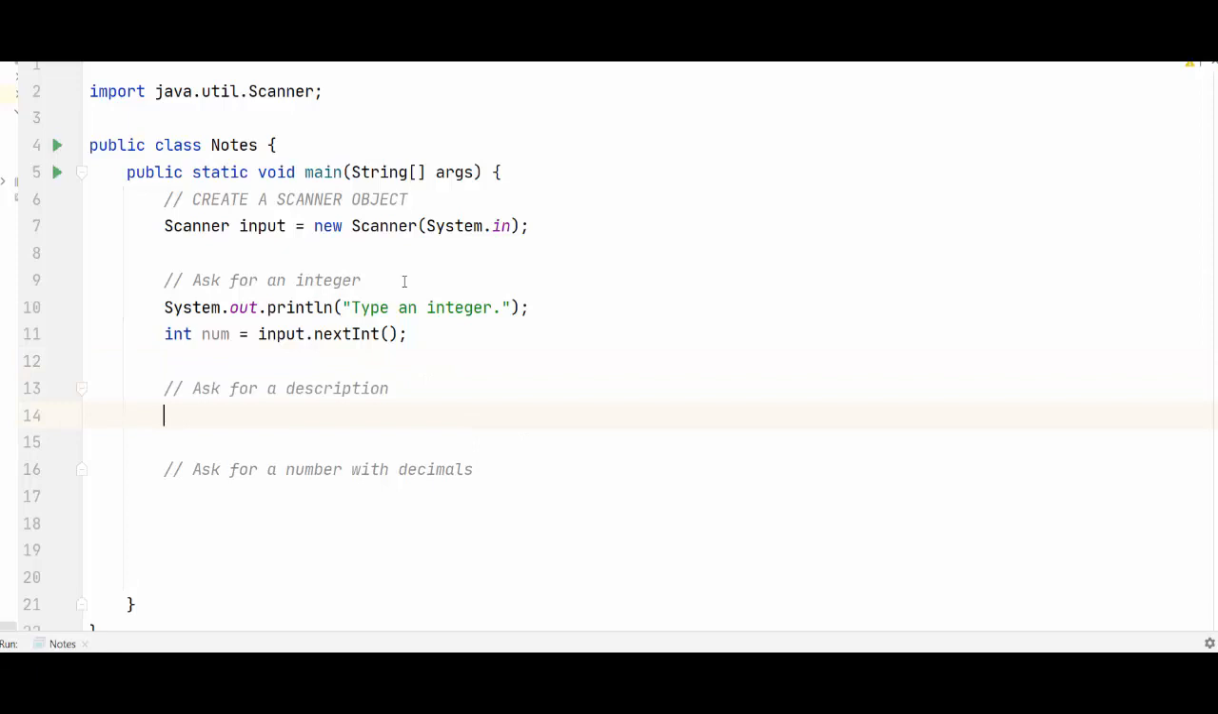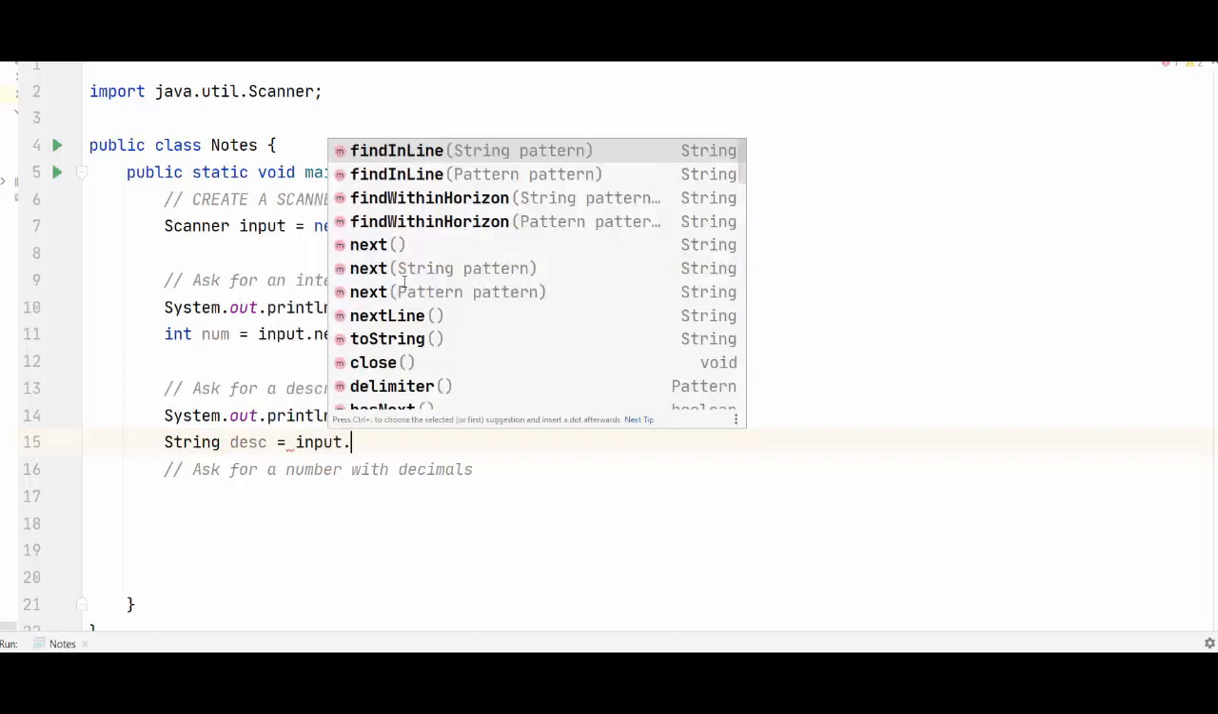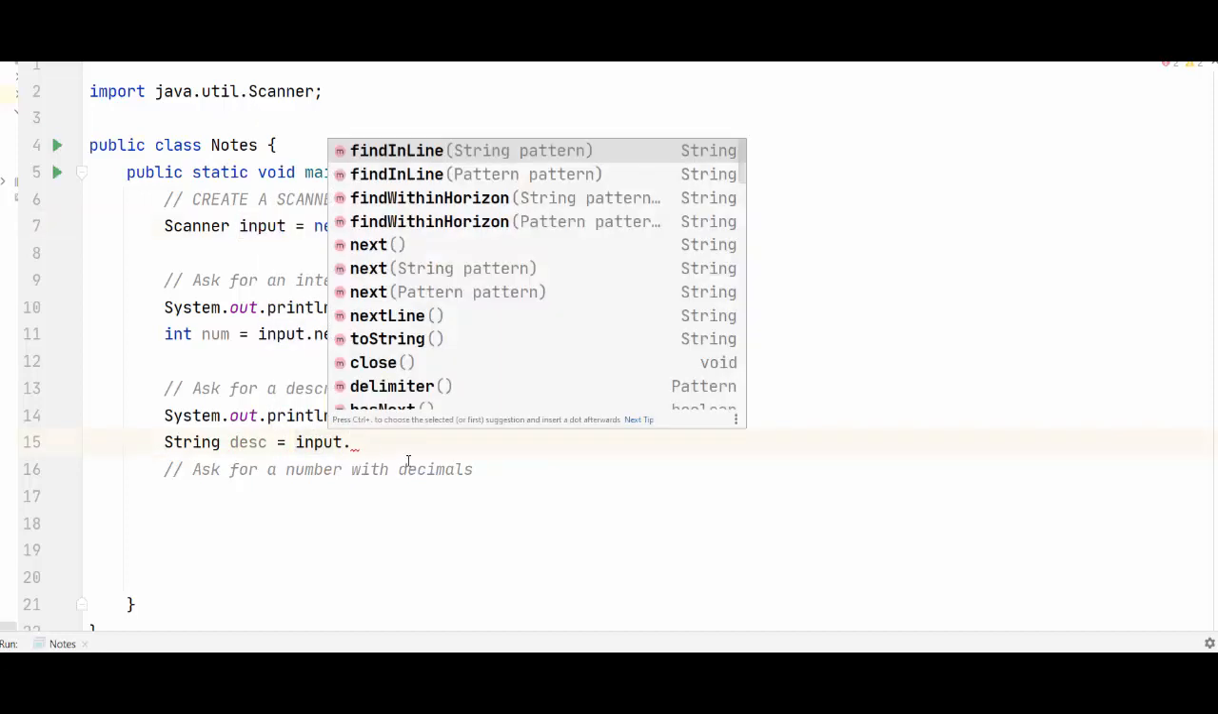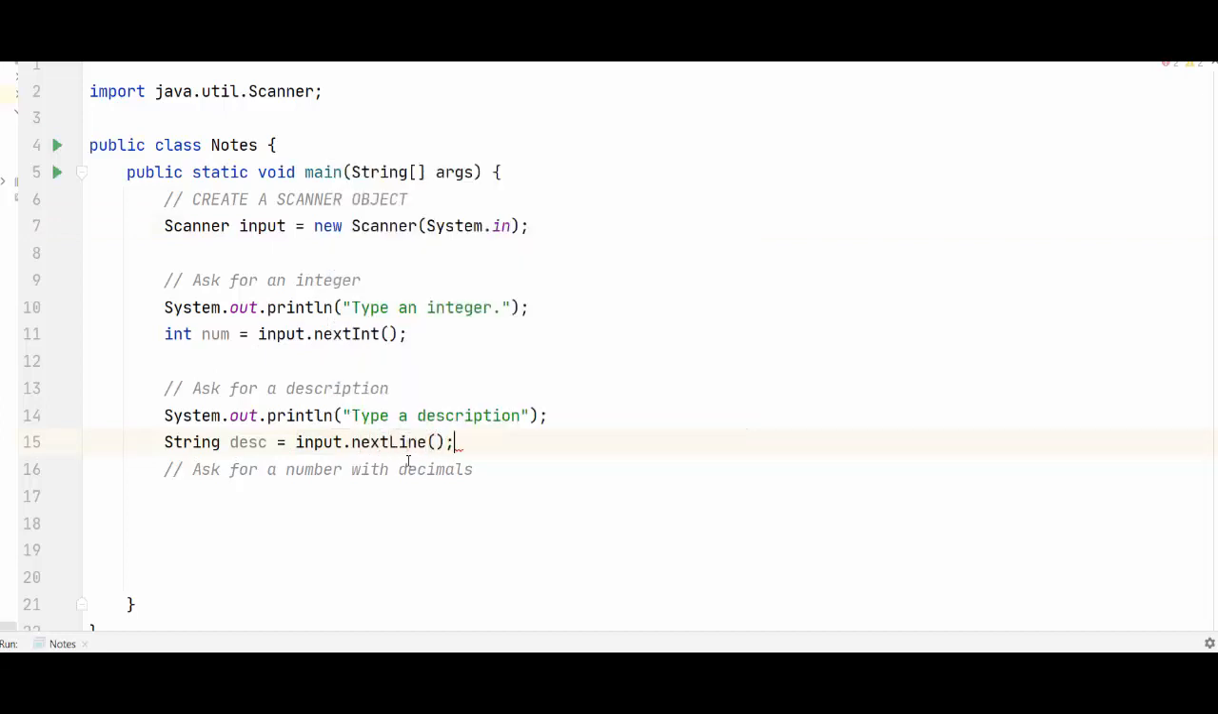Okay, what if you want to get text? So I'm going to ask a question. Type a description. And then here, I'm going to call it string, because if I want text, I need to save it into a text variable. So I'll call this description. And then I'll say input, because you always have to start with the name of the scanner, and then dot next line. So next int gives you an int, next line gives you text,